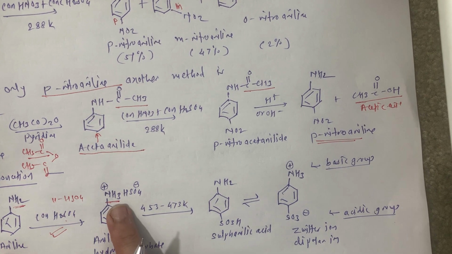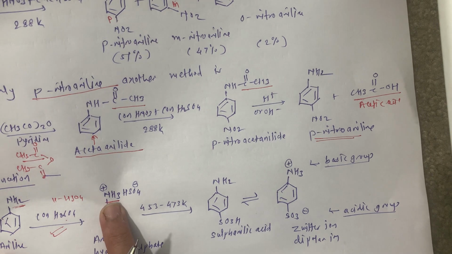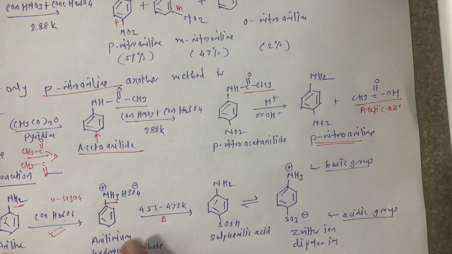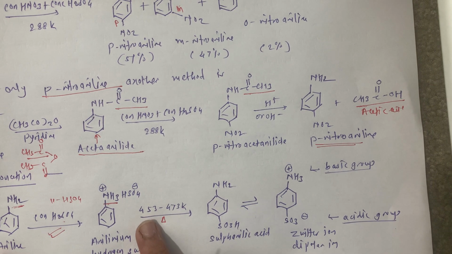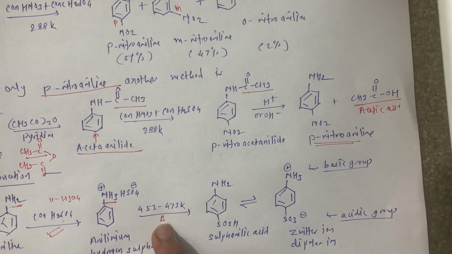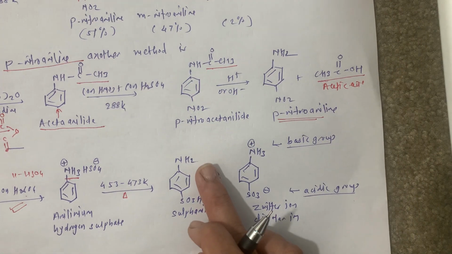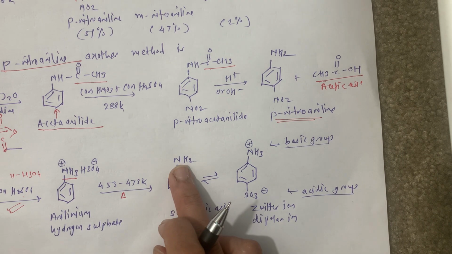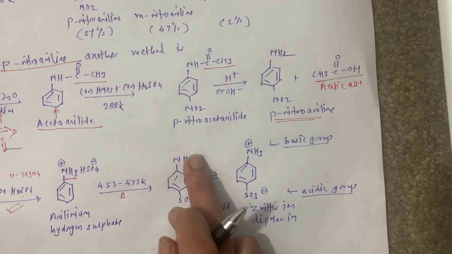We have to provide heat, very specific heat, that is 453 to 473 Kelvin, high energy we have to use, and we get here NH2SO3H, this is sulfanilic acid, with the SO3H, and aniline's NH2 primary amine group is there,